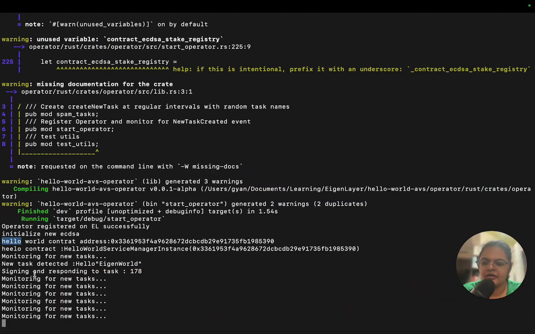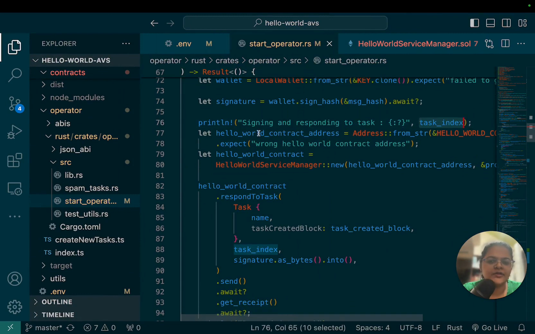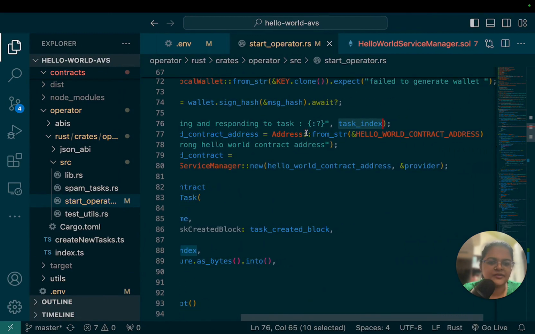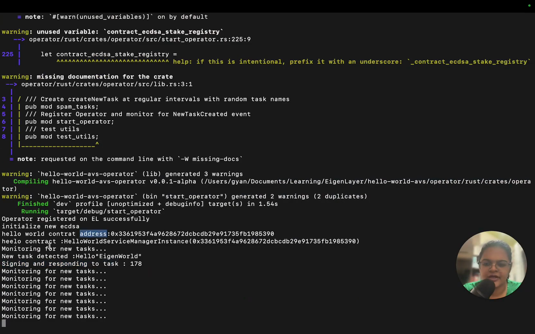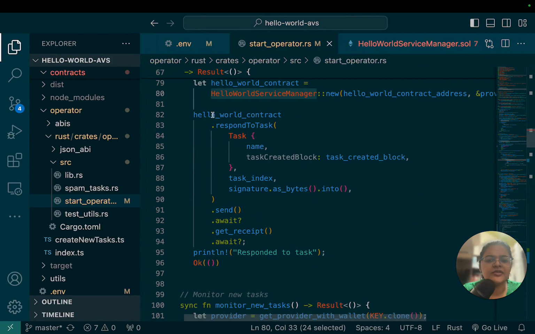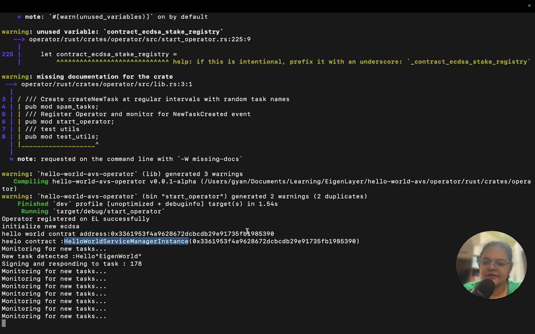So over here we have this signing and responding to task, and this is the task number, whatever is the index that was created, right? And you have the Hello World contract address, so you get the contract address from there, and you get the service manager contract. So both are here, so you have the contract address and the service manager instance, and then you just respond to the task. That's it, right? So this is pretty much your simple